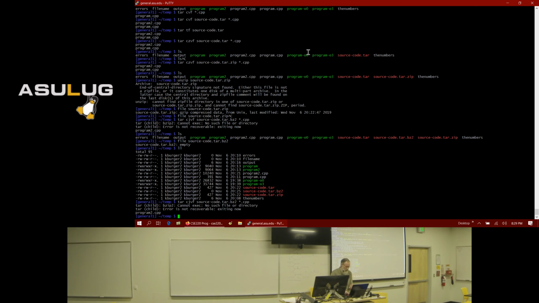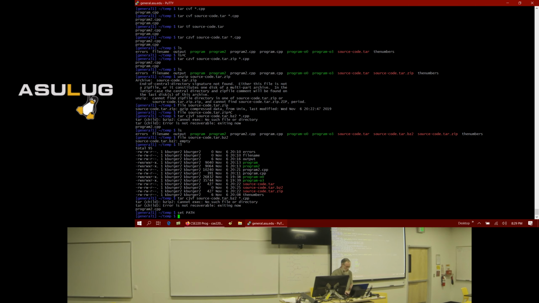So you can view your path if you do set capital PATH. Oh, that doesn't work. I usually just do set, pipe. So I'm going to do the set command, pipe the output, and feed it into grep. Grep, remember, you give it a pattern and it'll tell you where that pattern's at.